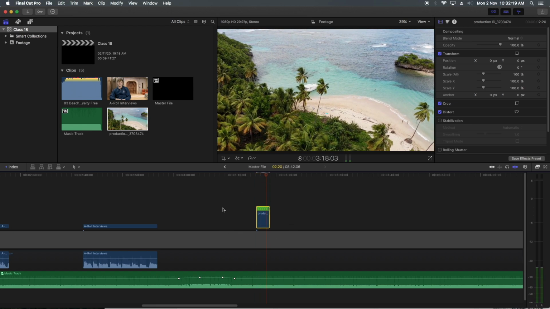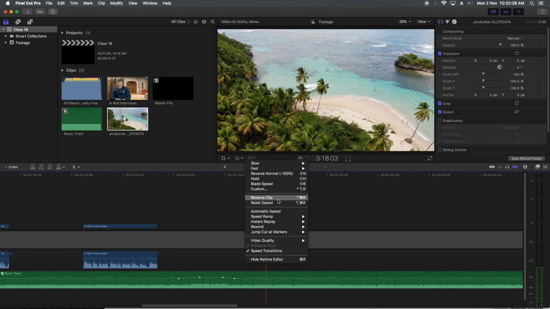So this is how you can change the actual commands, or you can make new commands, to get used to it and get your work done very fast. And if you click on reverse, it also shows Control Command and R.